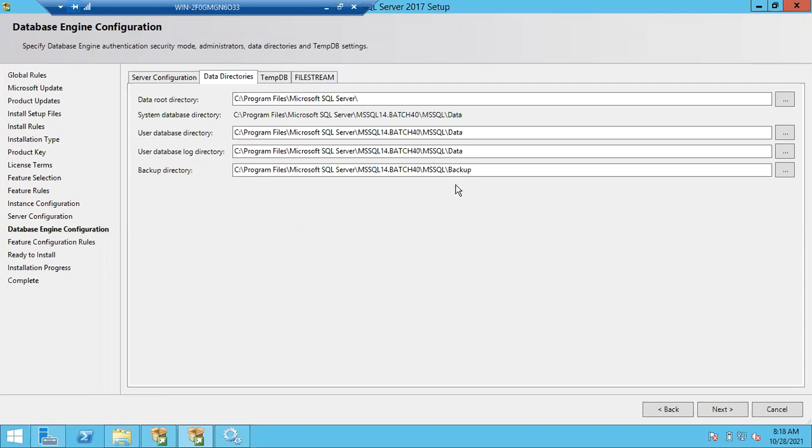In case you want to store the data in different drives, simply you have to change the drive letter here. Say for example, I want to store data files in the E drive, you can store it. I want to store log files in the L drive, you can store it by editing like this. Backup drive, I will use X drive as my backup drive. If you have this many drives, you can store it. In this scenario, can I store like this? No, sir. You have only one drive. Very good.